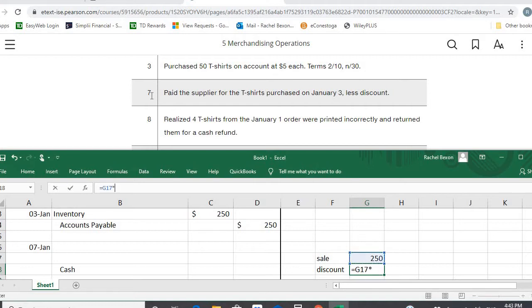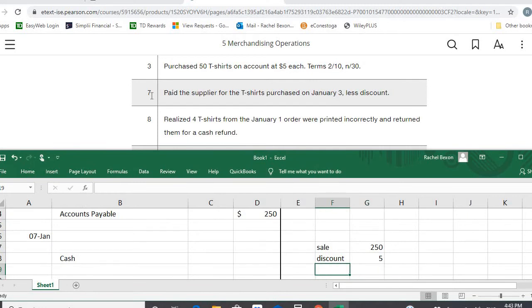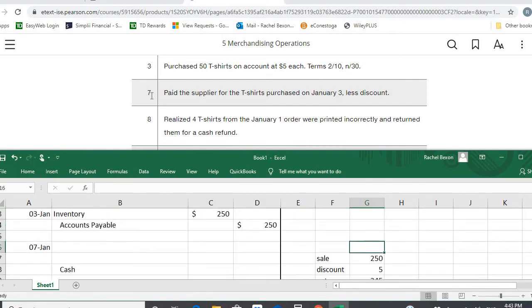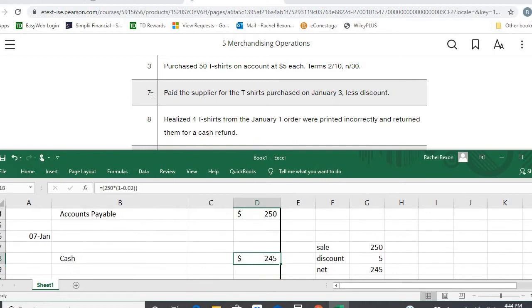Now remember, a percentage is a decimal, so 0.02, which gives us the discount of $5, so 250 minus 5. So we're going to pay $245. Another way to do this is you can actually calculate it as the amount owed, $250, times 1 minus the discount rate. Either way that you go about it is fine,